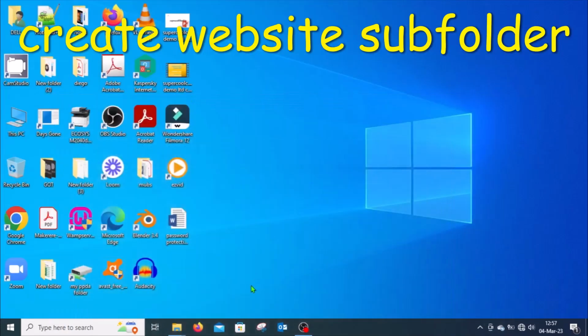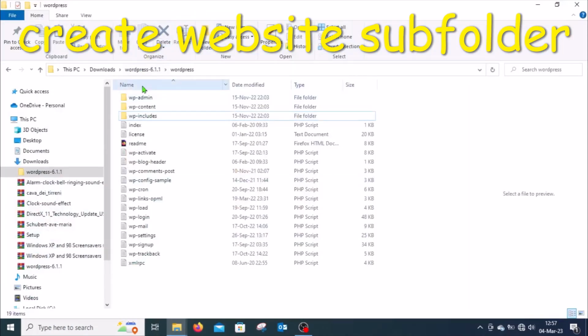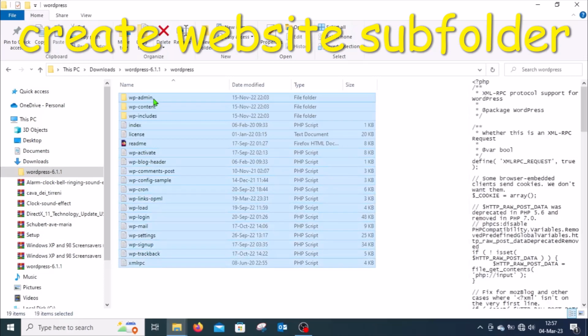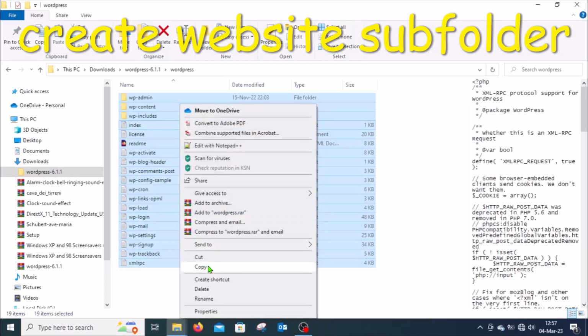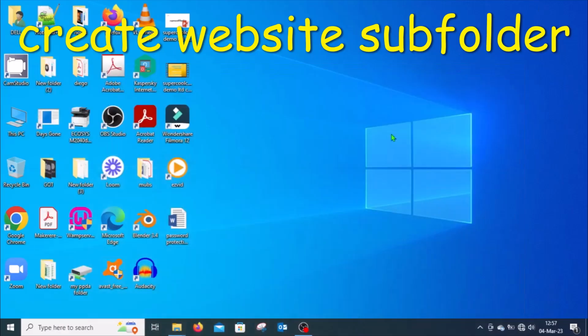Now I go and look for the files that were extracted from the WordPress zip file that was downloaded. I need to copy all of them to my new subfolder. One way to do that is to highlight them and right click on them and then select copy. Then I go to my website folder, which at this stage should be empty, and I want to put the